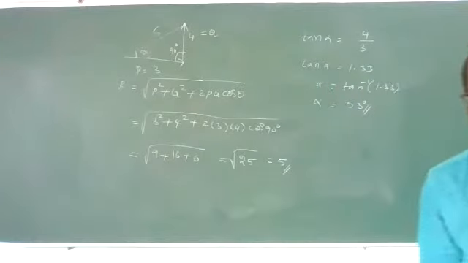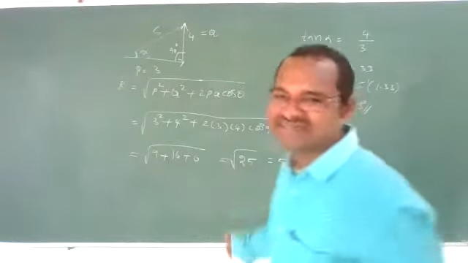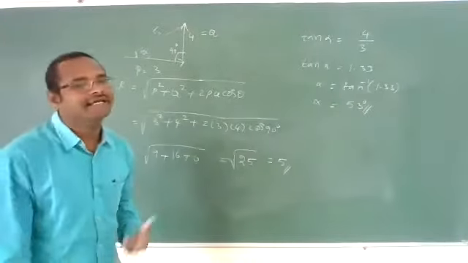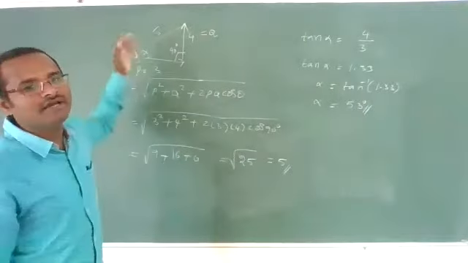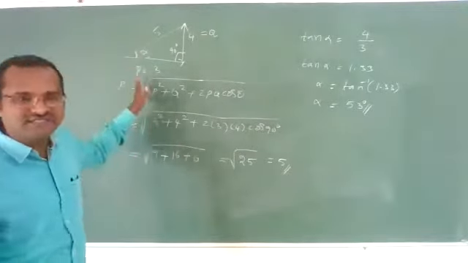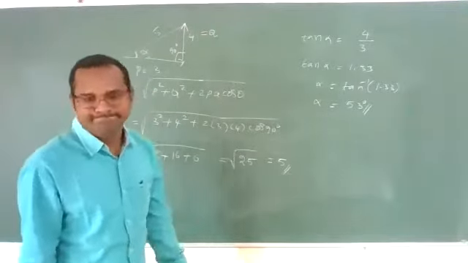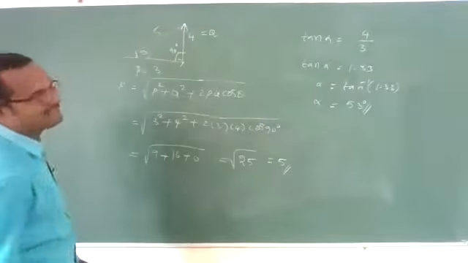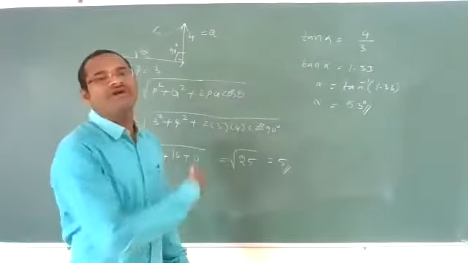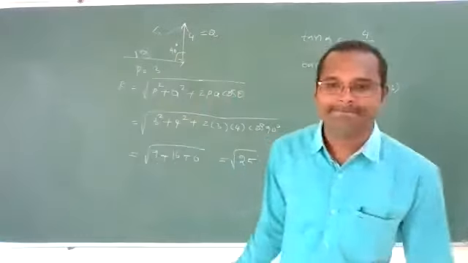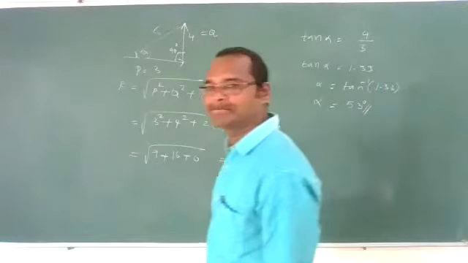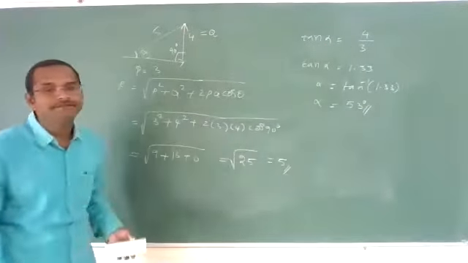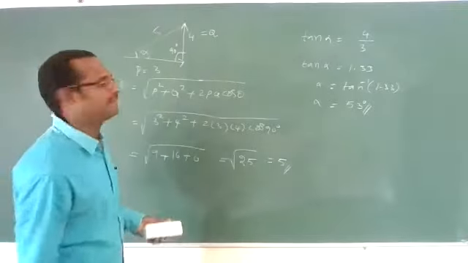4 by 3 is 1.33, you know. It is a Pythagoras triplet only, yes. If you remember that, okay. But if you want to do it with this method, yes, you will get the answer like this. Observe, correct. The Pythagoras triplet is 3, 4, 5. But we are using triangular law. Okay? Clear? Okay, yes.